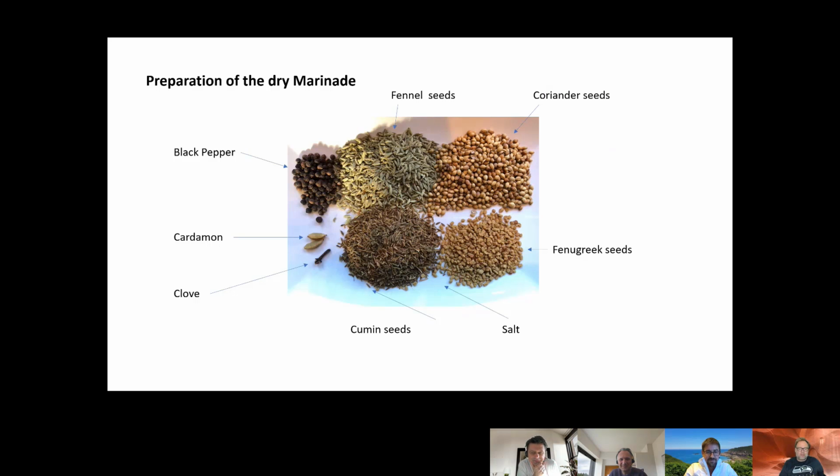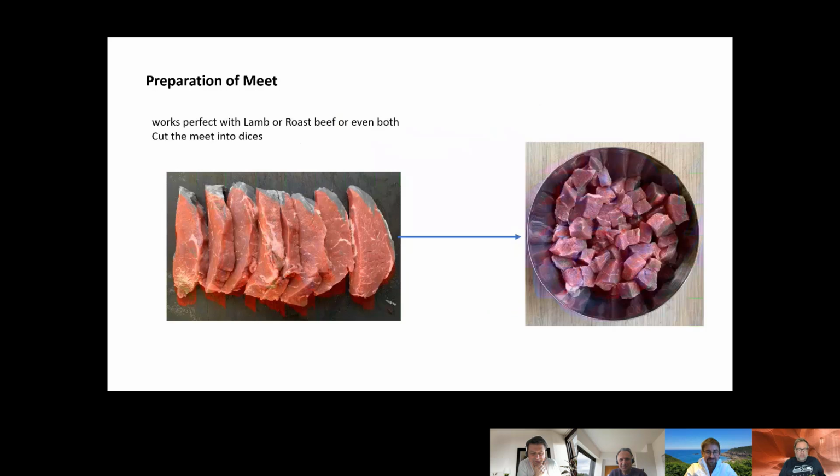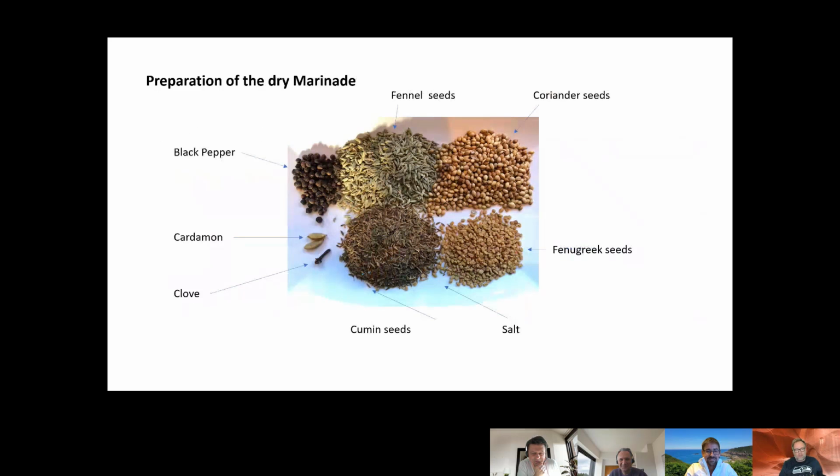First of all, you have some preparation to do. You have some seeds that you need to cook a little bit, without oil, simply in the pan, and heat them up all together. In the meanwhile, you also cut the meat into cubes. Once you have done this, put everything aside. Very important for those seeds: heat them really up until they smell nicely, and then you need to grind them. I will show this later, how that looks.